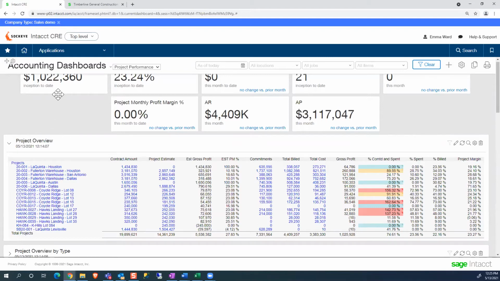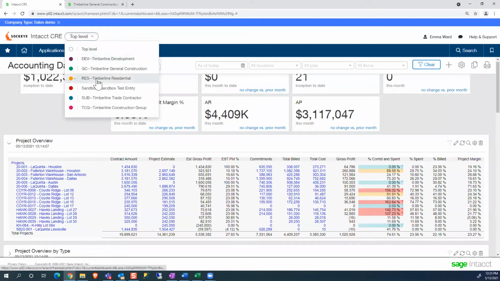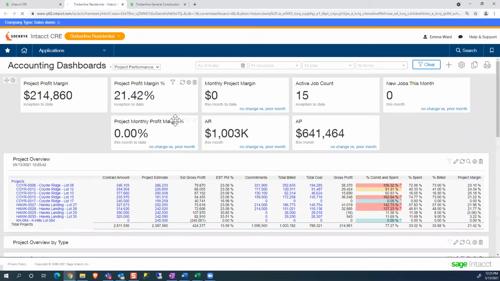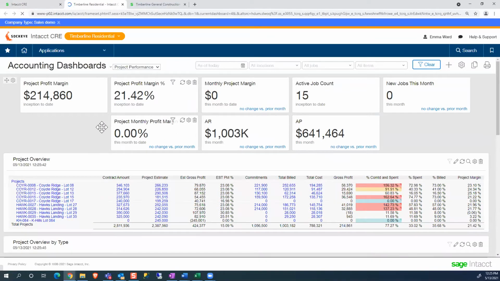All right, I'm going to go into one of my entities here, my residential entity, and look specifically at some more detail about how we can automate some procedures and provide good information into a project.